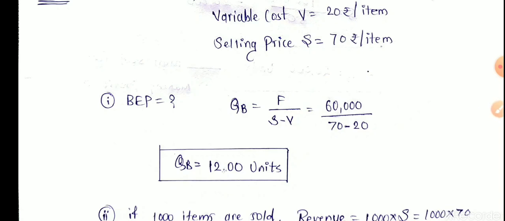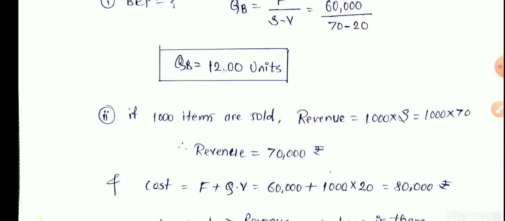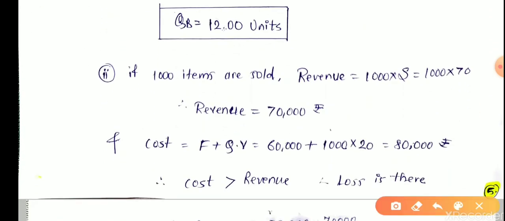Means after selling 1200 units, we reach a point where we have no profit and no loss. Beyond 1200 units, whatever units we sell, we get profit. If you sell fewer than 1200 units, then it is our loss, and the fewer units, the greater your maximum loss. The more units sold beyond 1200, the more profit. Are you getting this?